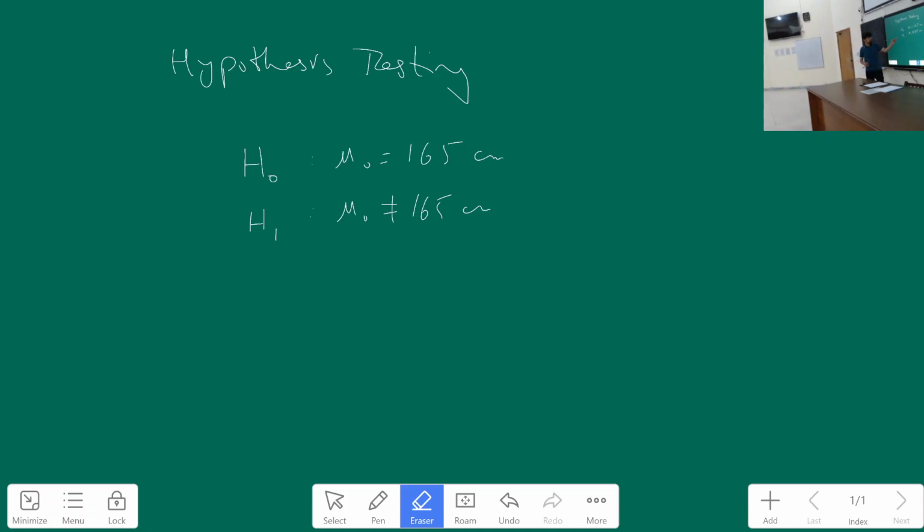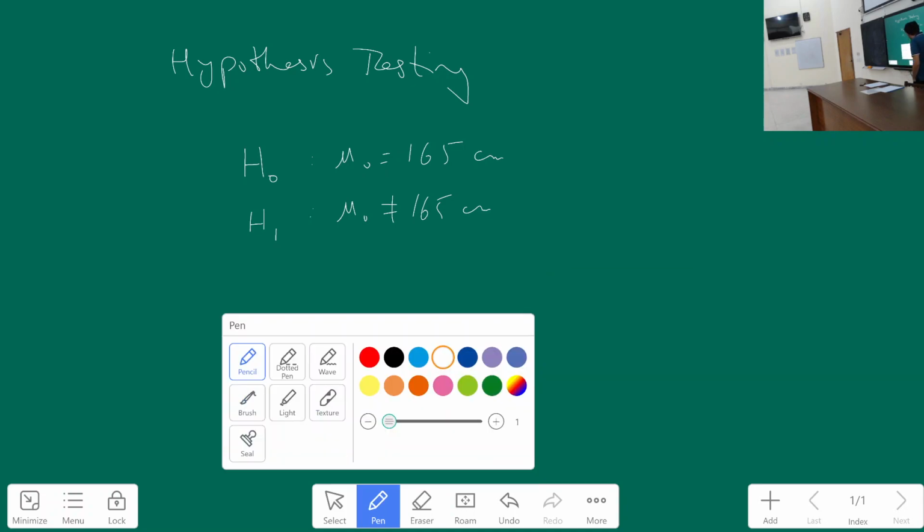As I said, alternate could be as simple as saying no, not H naught, or it could be very specific, saying if H naught, one of you is making hypothesis that height is 165 centimeters, then the other doesn't say no, it's not. It says no, it's 170. So it can be specific, or it can just be a simple complement of H naught. Then if you notice that we set some sort of a limit or a range in which we were going